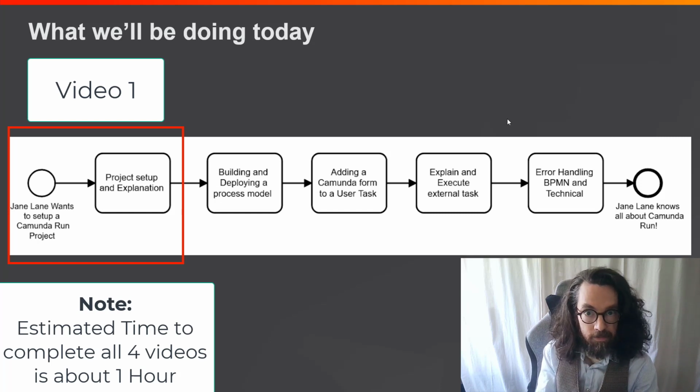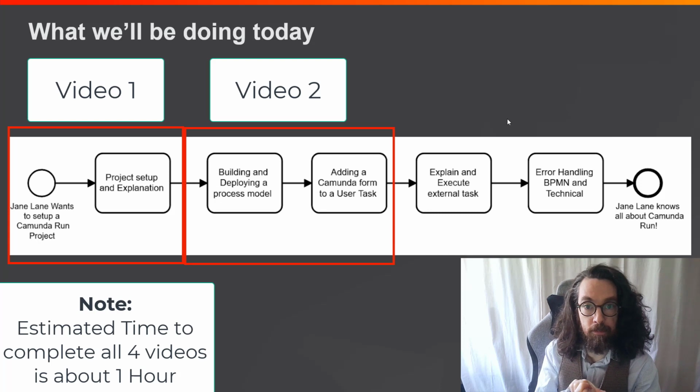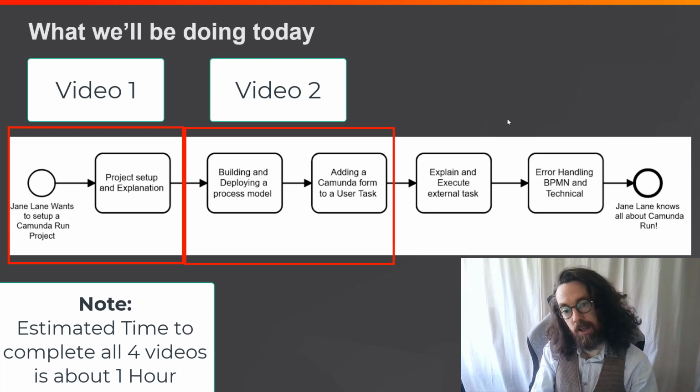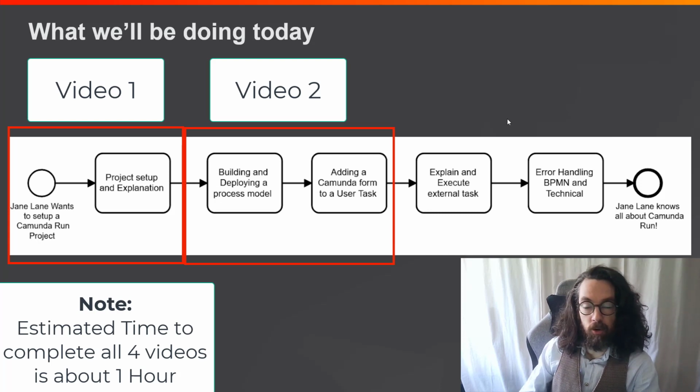I'll explain some bits about Camunda Run, where you can change things, how the project works. We'll also be building and deploying a process to Camunda Run, and adding some more complex things like complex BPMN symbols and also some Camunda forms to user tasks.